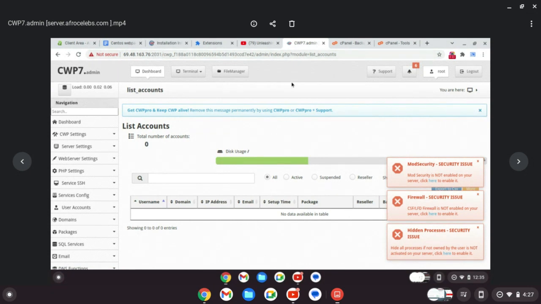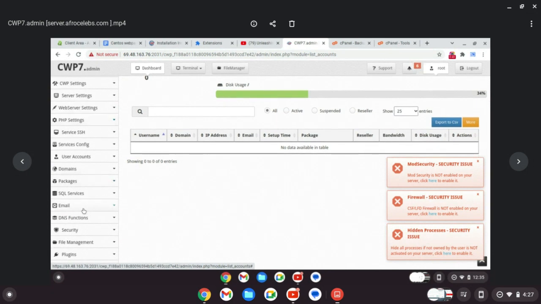Log in with your root name, with the root login as user root, and your root password. On the left menu, scroll down to user accounts. Click it